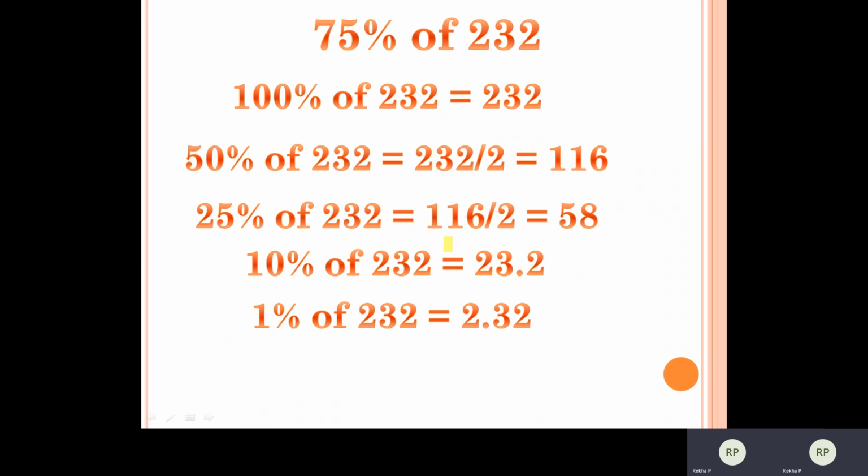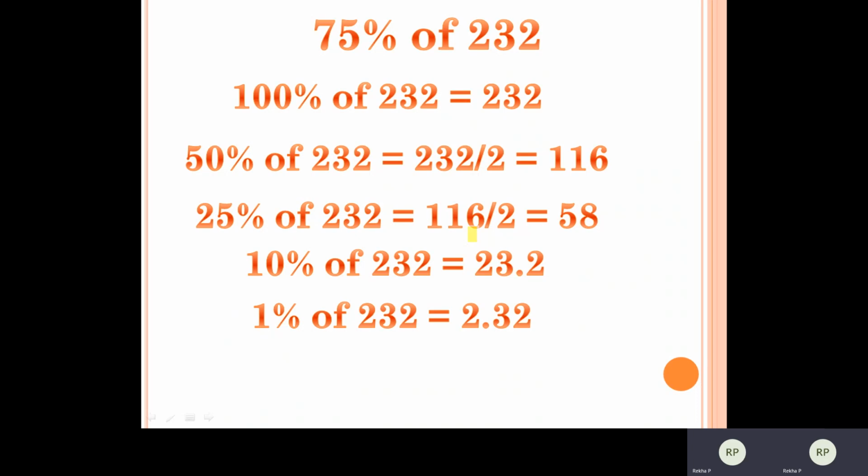If it is a one digit number, what do you have to do? Suppose the number is 9, and you have to find the 1% of the number. You have to have two decimal points, so you add a zero before that. So it would be 0.09, because in the 1% you should have two decimal places. For a one digit number, you have to add the corresponding zero. So 0.09. You should have this on your fingertips.